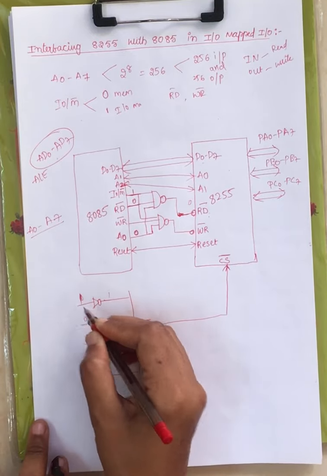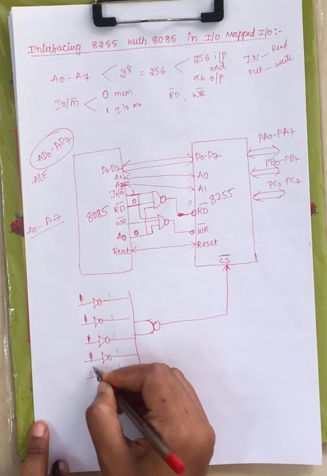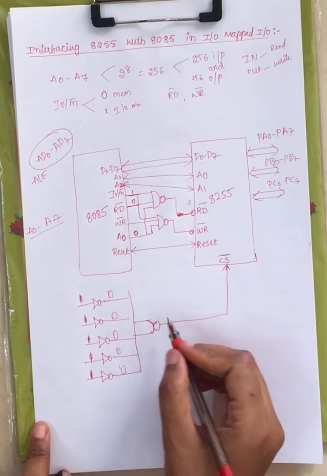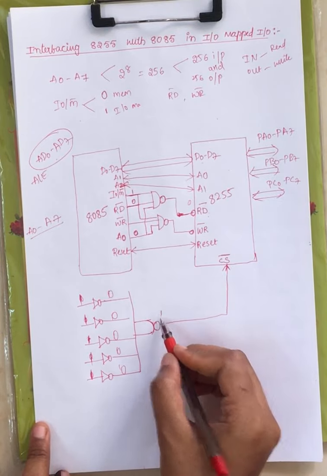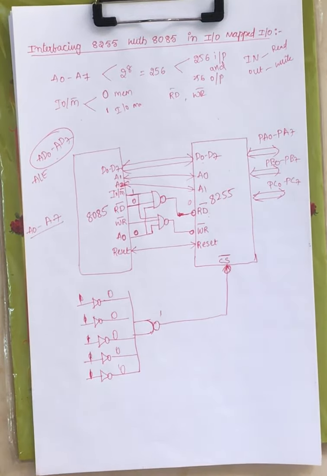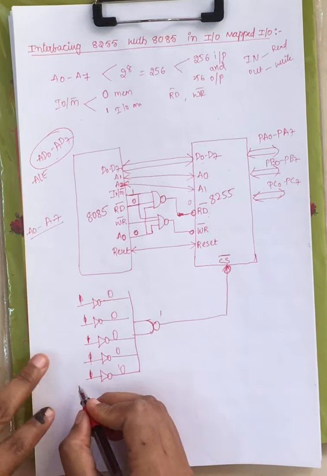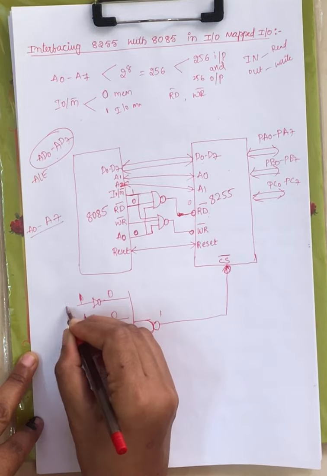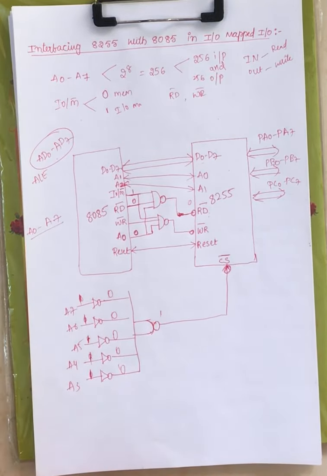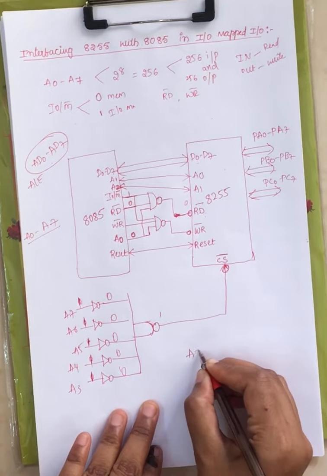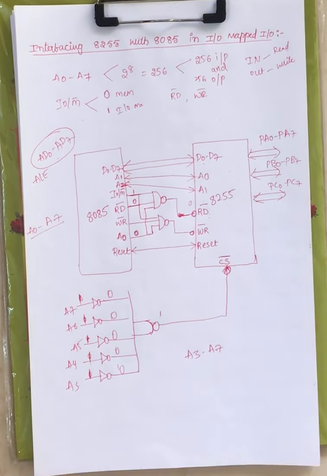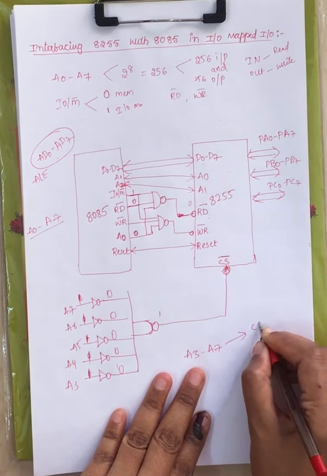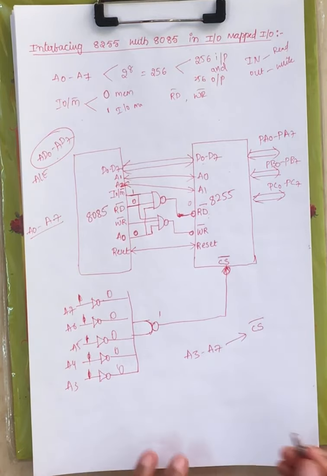Now if I have all as 1s, here you will get 0, 0, 0, 0, right? Now what is the NAND operation? For 0, 0 you will get 1, right? Now this should be bubbled over here. Like this you have to select, starting from A3, A4, A5, A6, A7, right? Now just remember a brief description. We are using A3 to A7. A3 to A7 are used for chip selection of 8255.